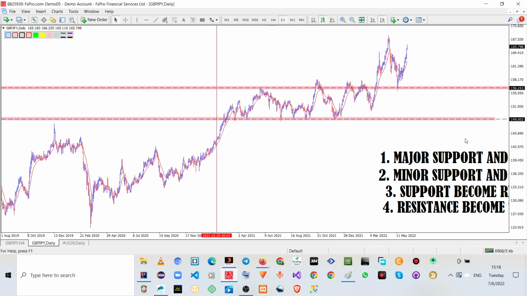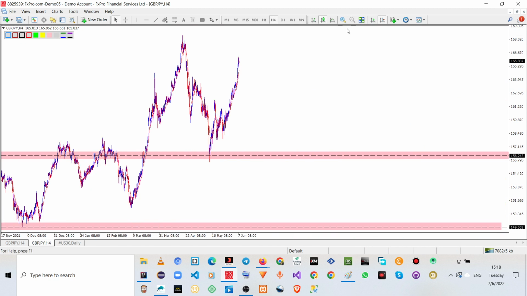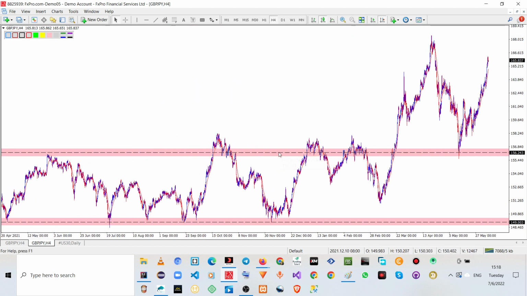You then move on to the second strategy, the minor support and resistance, trying to find more minor support and resistance on a lower time frame, and also adjust the major support and resistance that you found on the major time frame on the lower time frame to make it a bit beautiful and perfect. So as you move down onto the 4-hour time frame, you start seeing that there is a beautiful area right here,